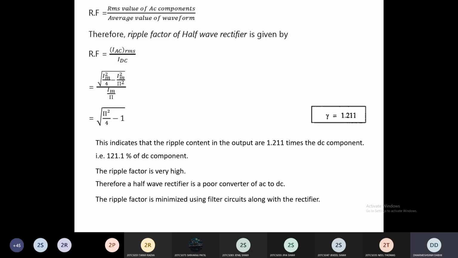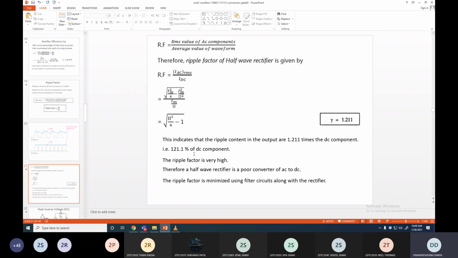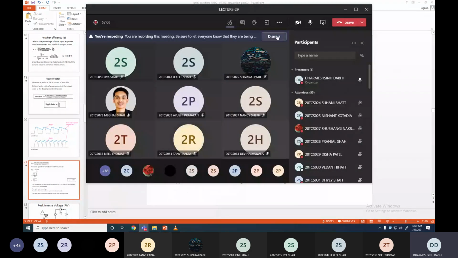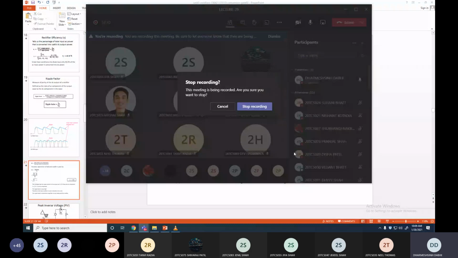So this is another term related to this half wave rectifier circuit. So here I close this. Here I stop this lecture. In the next lecture we study the full wave rectifier. In the same way, all these parameters: average DC voltage, current, ripple factor, and efficiency. Is there any doubt in this lecture for anyone? Yes? Anyone?